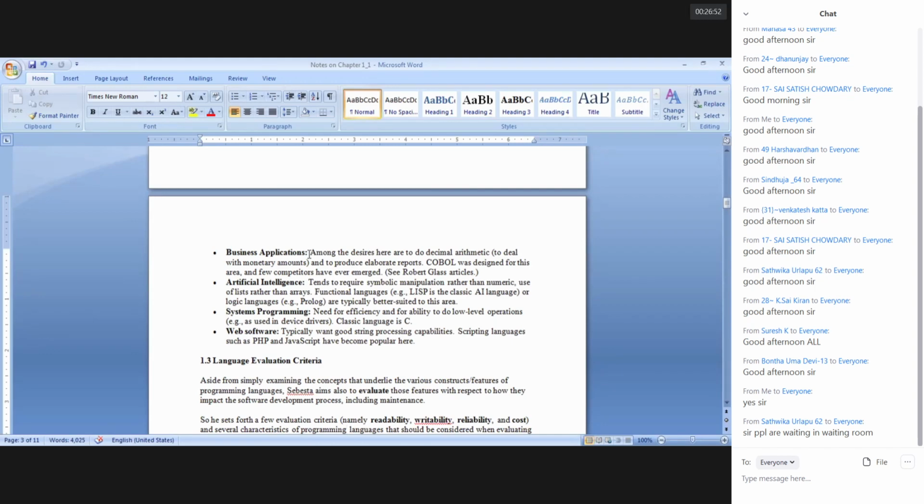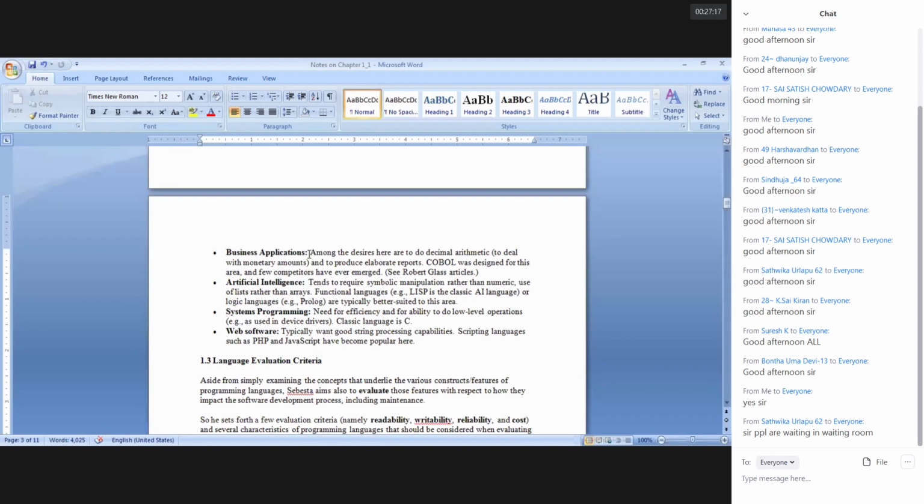But in business, we require reports. Based on that report, the next decision is made. But in artificial intelligence, data needs to be taken as input. Right? Therefore, symbolic manipulations, use of lists rather than arrays,